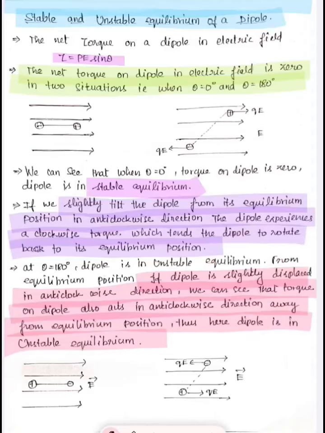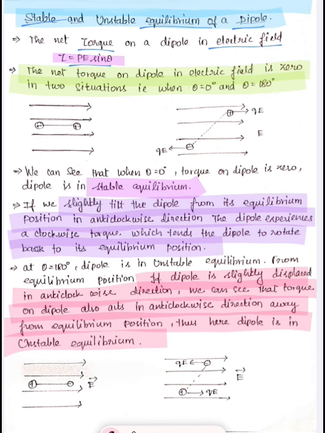Hello students, today we study about stable and unstable equilibrium of a dipole. We know when we place the dipole in a uniform electric field, the dipole experiences equal and opposite forces. So the net force on the dipole is zero, but it experiences the torque. This torque tries to align the dipole in the direction of the electric field, and this torque equal to P